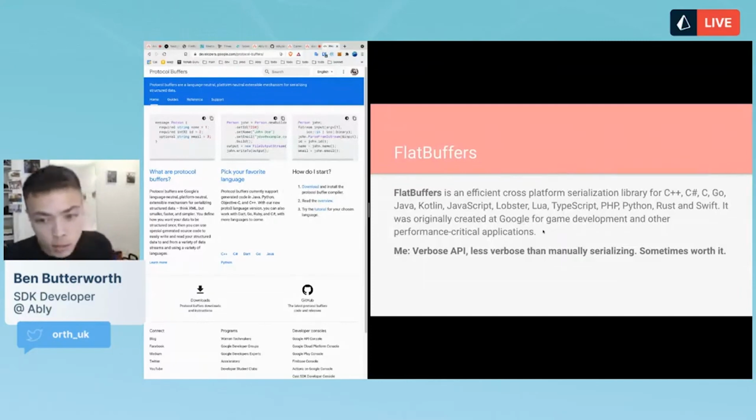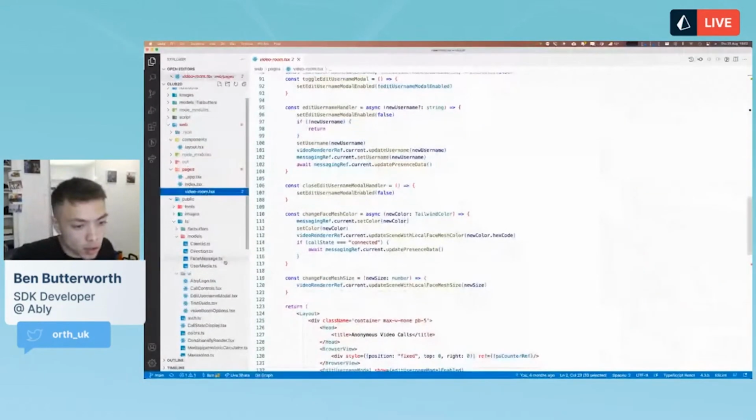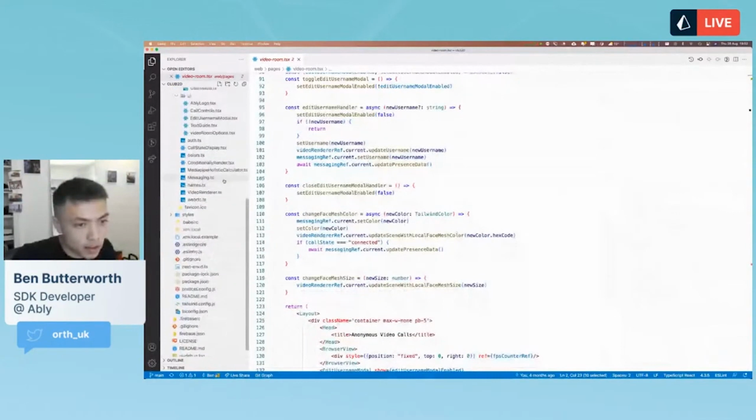It's made by Google, and it was used by a lot of games to send data and also to save data on the device, like Android apps, for example. The only thing with flat buffers is that it's quite a verbose API, but it's still less verbose than manually serializing it, and it's sometimes worth it. So I wanted to show, maybe if I can actually find,